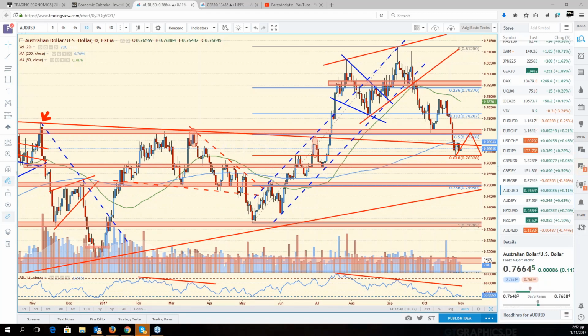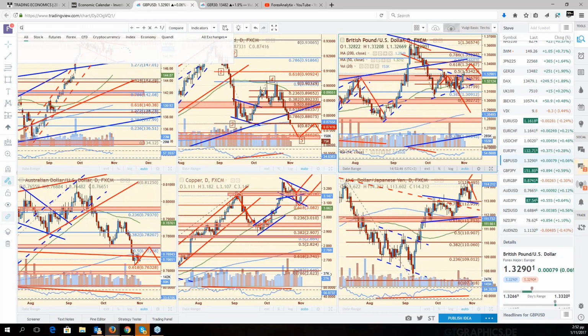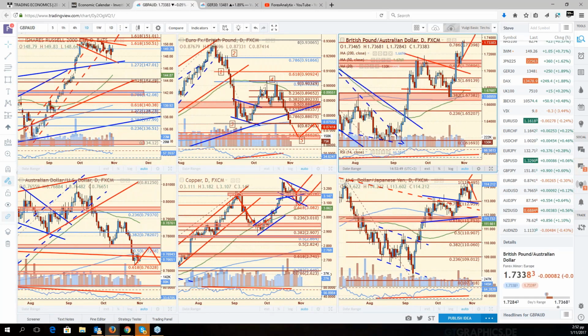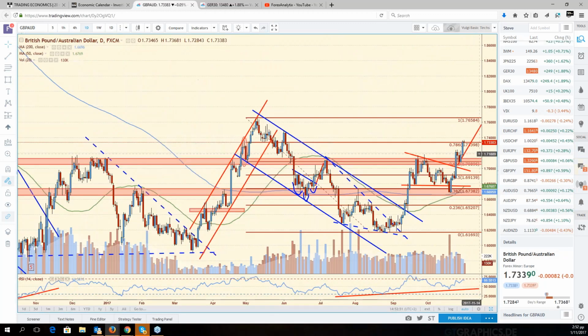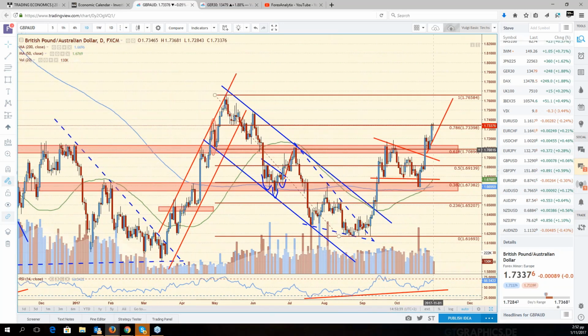WTI, I've already looked at it. Pound Kiwi, sure. Let's have a look at the pound Aussie and the pound Kiwi. Okay, the pound Aussie has reached the 78.6. It obviously remains bullish above 170.70 roughly, and the next target is 176.60. Now, will it go directly there? Likely not, but